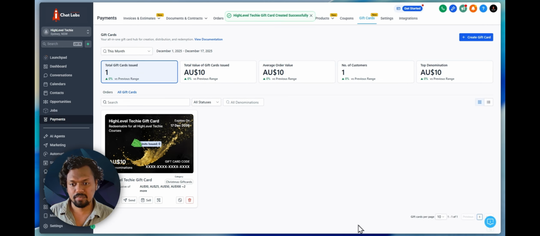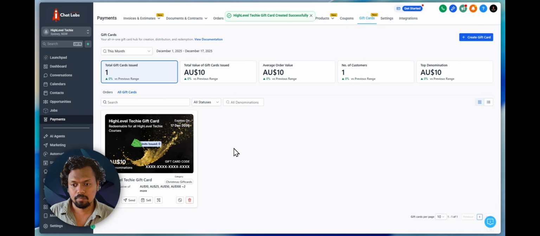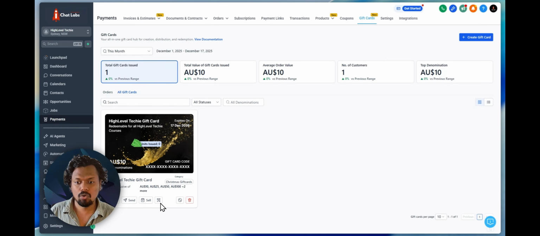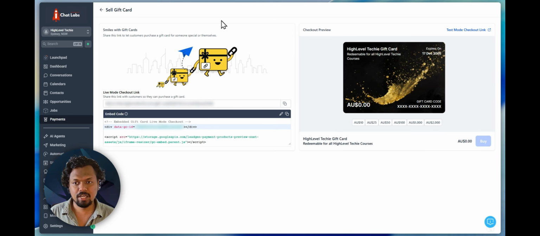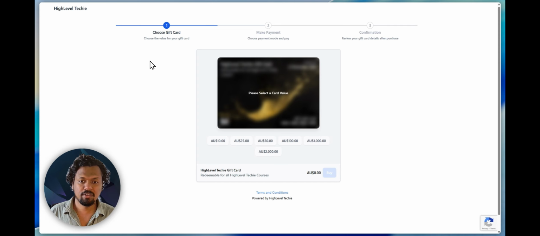So you can see the gift card is created now, and on the back side you can see this QR code. So now you get access to this QR code where you can scan the QR code and purchase this gift card, or else you can copy the link either from here, or else you can click on sell. And when you click next, you will see a page like this where you get an embed code or a link like this. So if you copy this link and if you access that page, you will see a